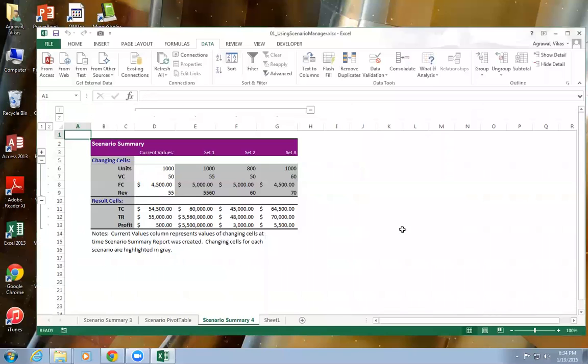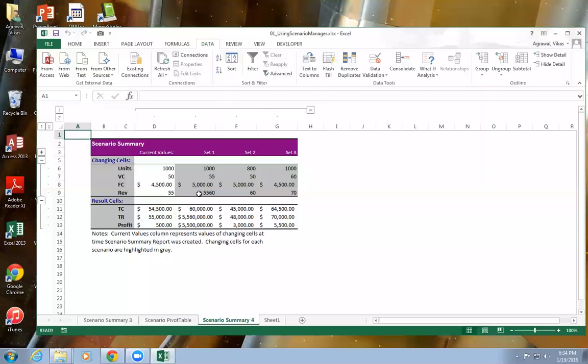Say okay here. It's going to create a nice little scenario as you see, with your current values, so you can see side by side the comparison and choose the best scenario among many different scenarios. This is one of the very powerful tools we have here.